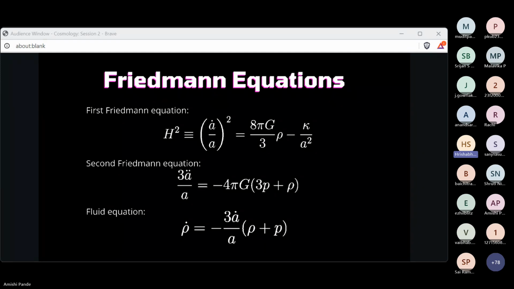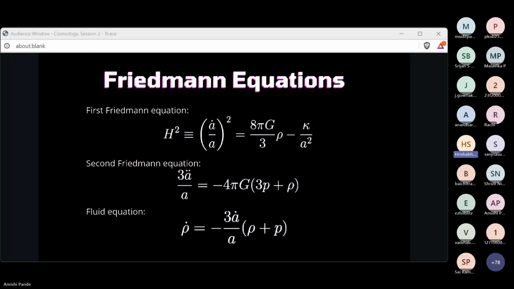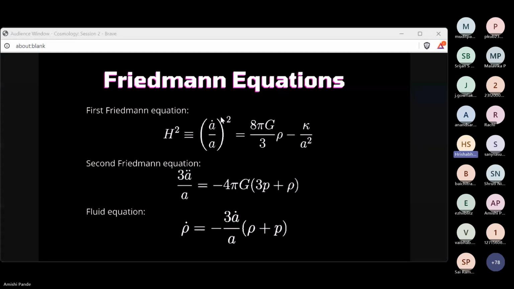In order to describe a motion in classical physics clearly, there are two things that we need to know. Just knowing the velocity is not enough. As someone said before, we need to know acceleration as well. So just the first derivative does not give us a complete idea about how a motion is happening. We need to know both velocity and acceleration. Just like that, we need to know both the first and second derivative of the scale factor in order to understand